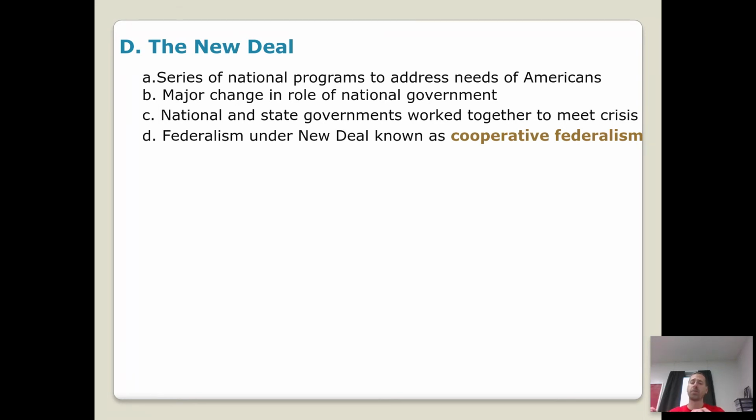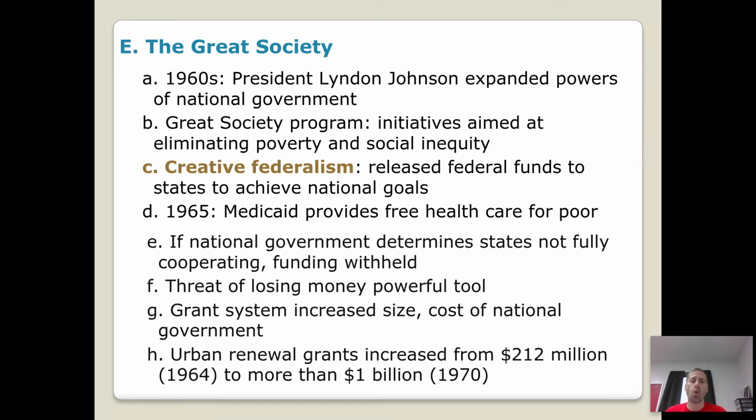The federal government is kind of slipping over into the state government's areas of responsibility, but they're working together, and that's called cooperative federalism. In the 1960s, especially the 60s, when we had the civil rights movement and Lyndon Johnson, we're going to have a form of federalism that we call creative federalism. And this was a result of the Great Society, Lyndon Johnson's plans to eliminate poverty, to eliminate this social